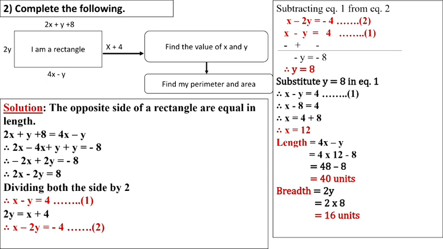After getting length and breadth, we have to find perimeter and area. As we know, the perimeter formula for the rectangle is what? 2 times length plus breadth. And the area formula is L into B. So first of all we will find the perimeter equal to 2 times length plus breadth. Length we got is 40 and breadth we got is 16. First of all we will solve the bracket. 40 plus 16 is 56. So 56 multiplied by 2 we get 112 units.